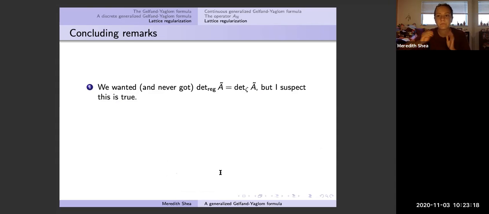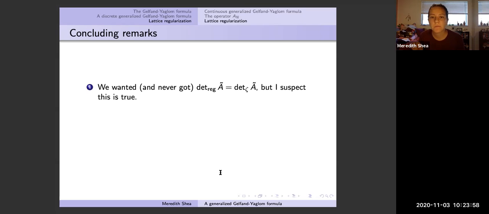And so that's the essence of what we did, the bulk of what I did, I guess. There are a few things that should be said after the fact. The first is we wanted, and never got, that the lattice regularization of A tilde is equal to the zeta regularization of A tilde. I suspect this is true, but right now I don't have a good way of computing the zeta regularized determinant of A tilde or a